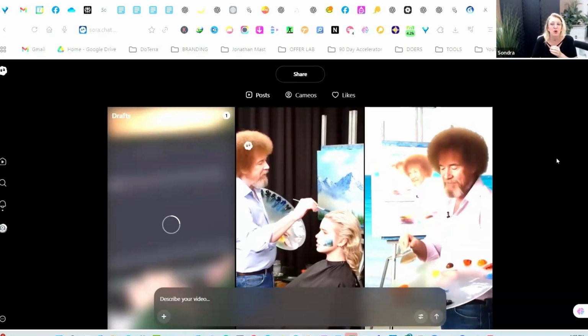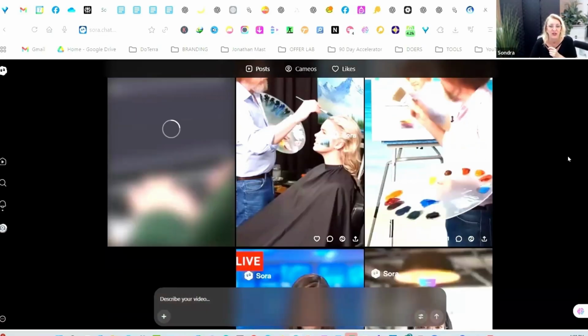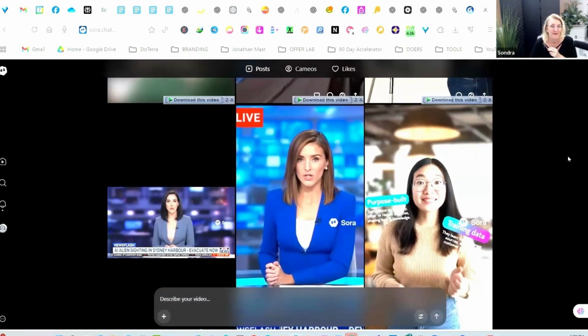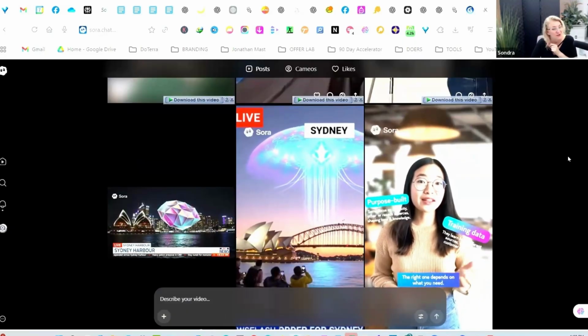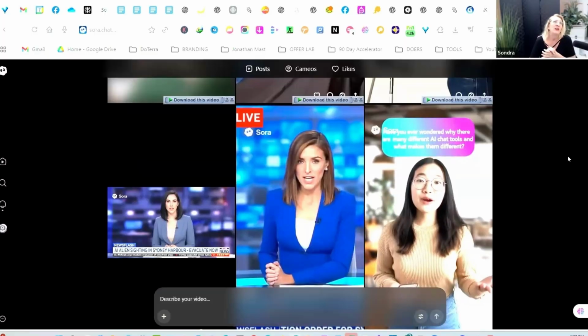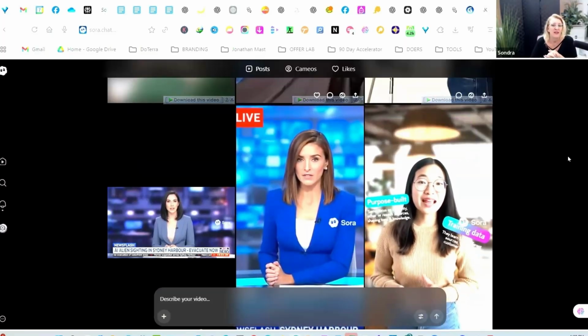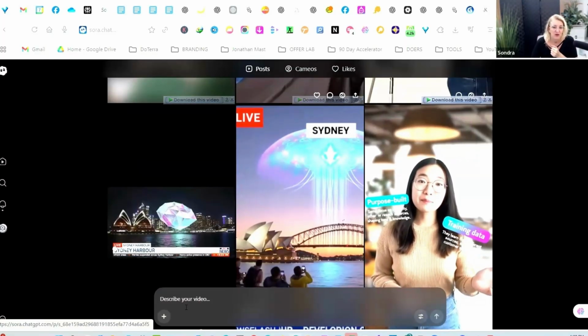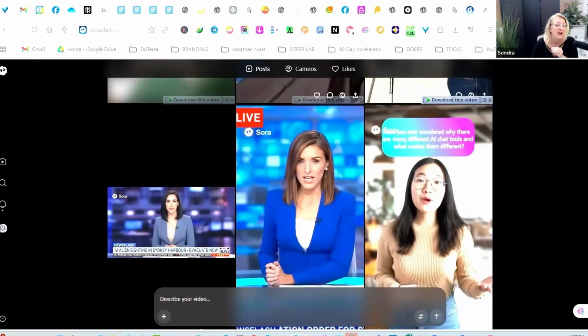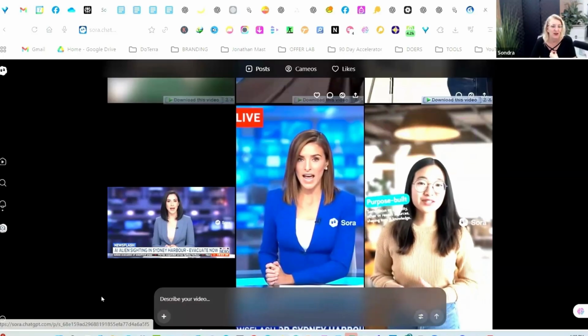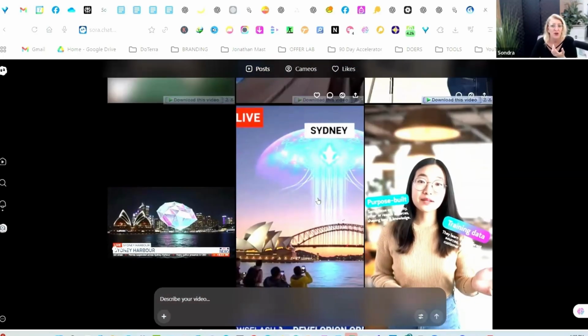In order to get your own likeness into here, you would have an iPhone at the time. It's not available as an app on Android yet. And you can upload your image, and then it's called a cameo. So if I want to I can upload things, but it does not allow me to upload my own image to this area. Now, I was just trying some